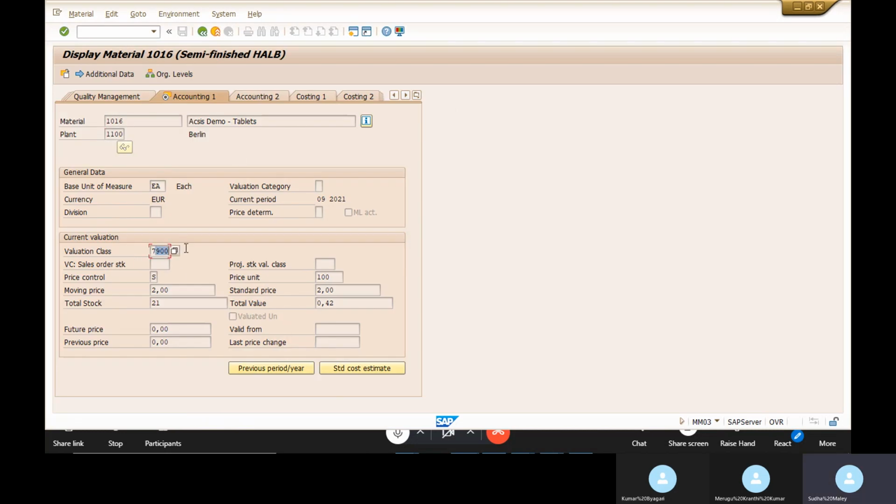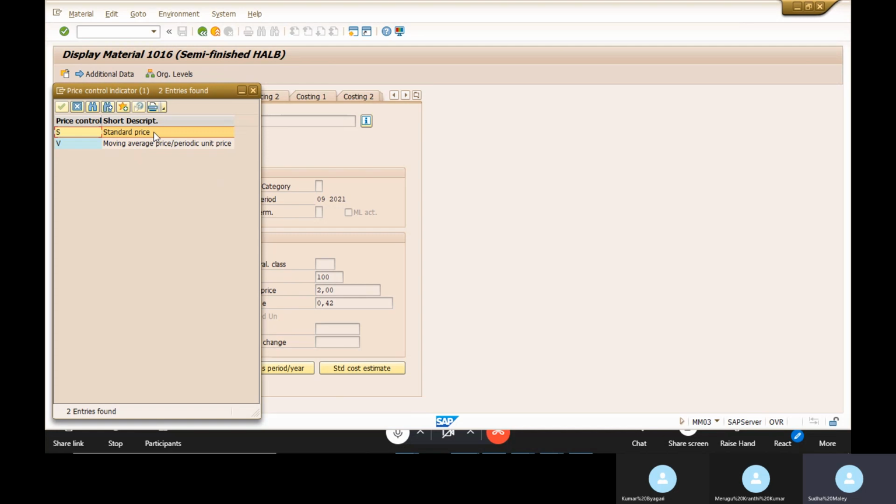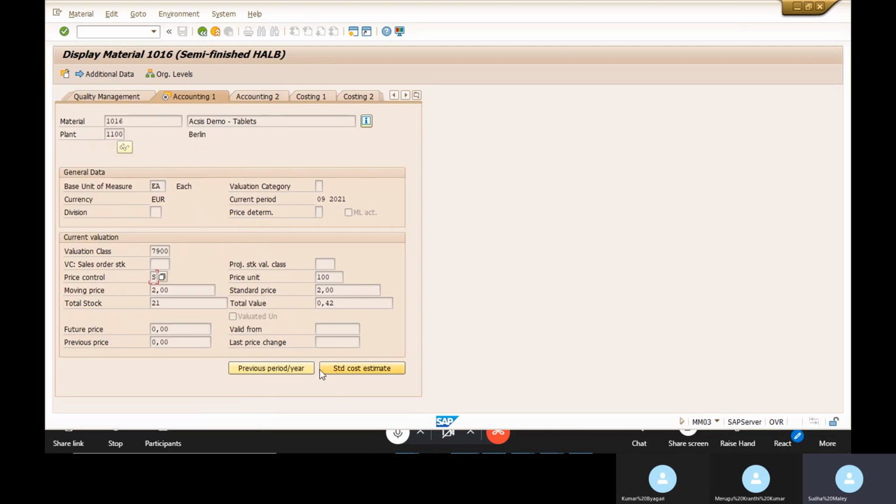This is your valuation class and this is the price of the material and this is your standard price. If you maintain your price control as standard price, the system values your standard price only. Here there are two price controls: one is moving average and one is standard price.